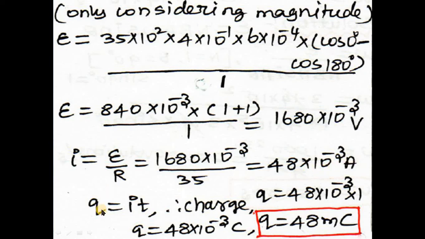What is the formula for Q? Q is equal to IT. I is nothing but 48 into 10 power minus 3. T value is nothing but 1. So 48 into 1, 48 into 10 power minus 3 coulomb. So Q is equal to 48 into 10 power minus 3 coulomb. So this term can be written as Q is equal to